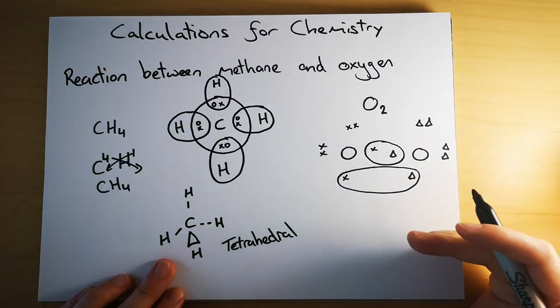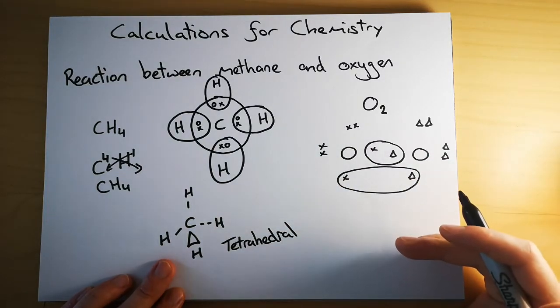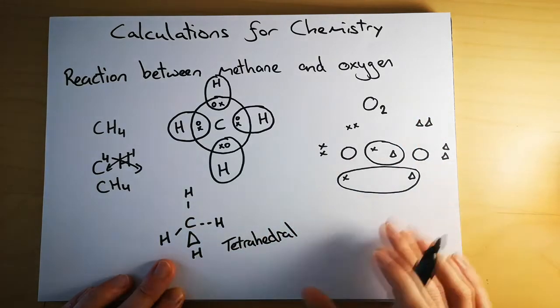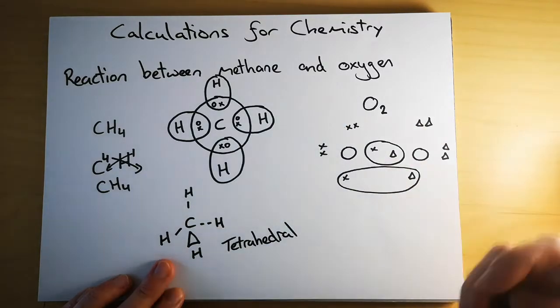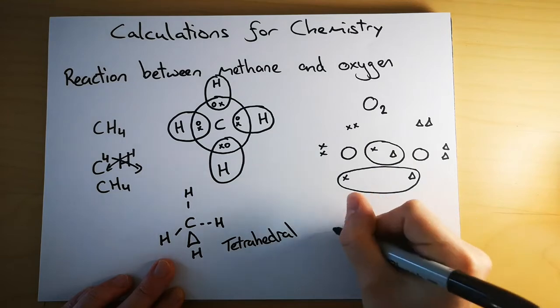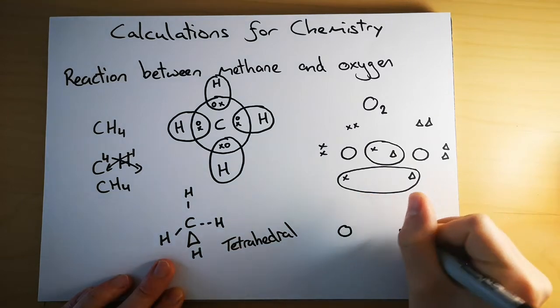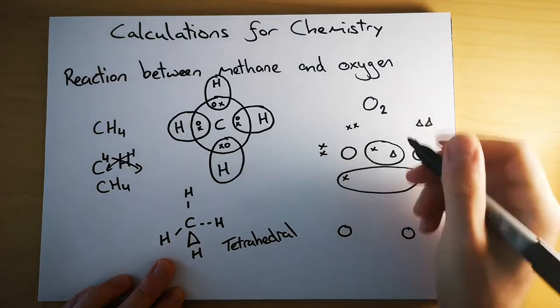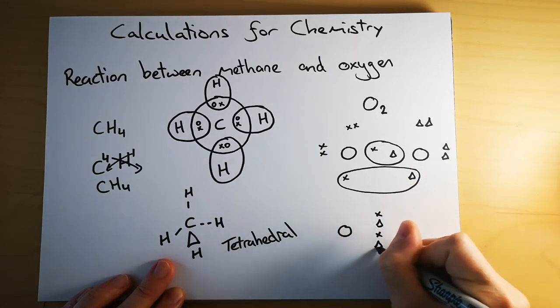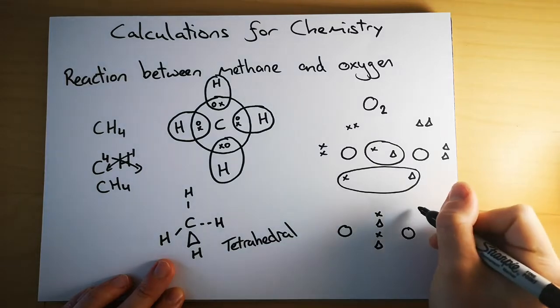And this is not an acceptable Lewis diagram at the moment, but it's shown me how I need to line this up, and I need to line all of these up so that they are paired up in the center. So my oxygen will have one X, one triangle, another X, another triangle in the center there,